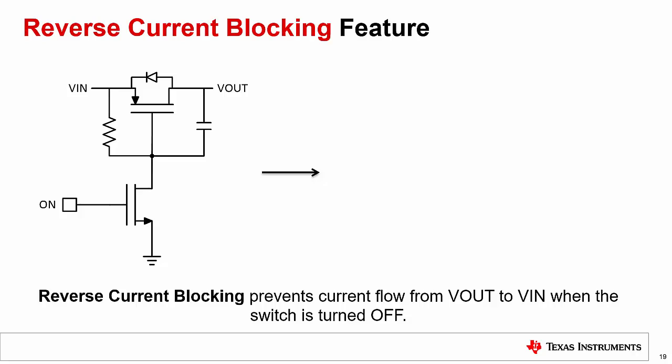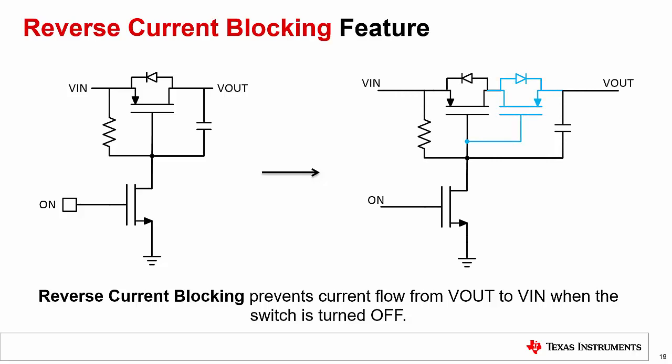Because of the orientation of the body diode of the MOSFET in a discrete switching solution, current is blocked from Vn to Vout. However, if Vout is greater than Vn, then current is able to flow from Vout to Vn. To implement reverse current blocking, an additional transistor must be added with its body diode facing the opposite direction. This solution will block current in both directions when off, but will double the on resistance of the switch since both MOSFETs are in series with each other.